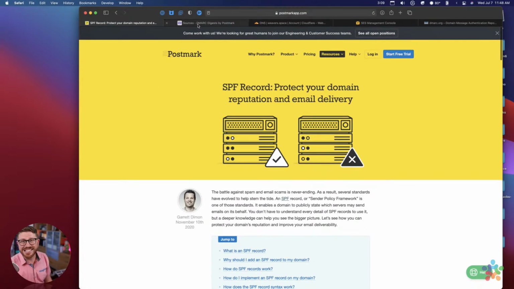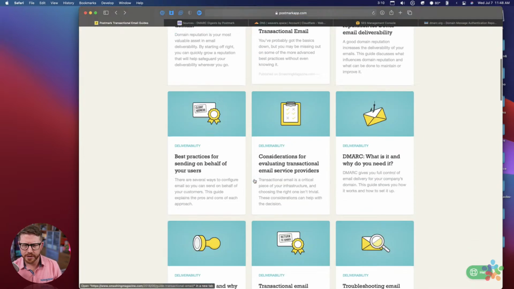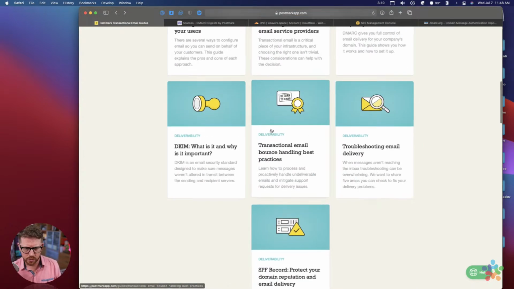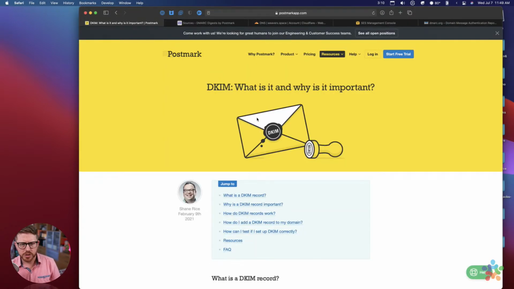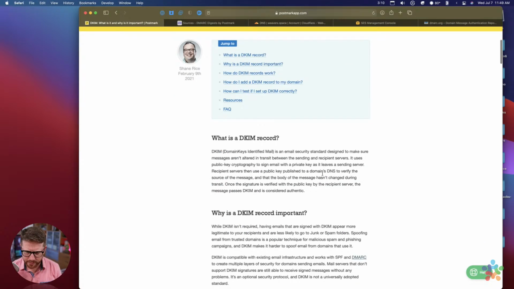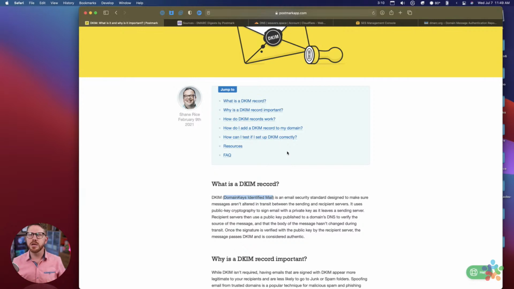Next up is DKIM, I guess we can call it, right? And here it is. DKIM, okay, what does that stand for? I don't even know what that stands for. Domain Keys Identified Mail. Okay, so essentially what this is, if you're familiar with encryption, a lot